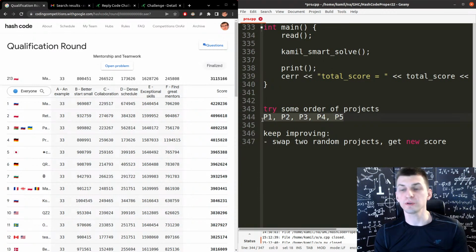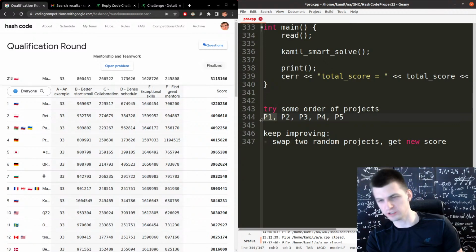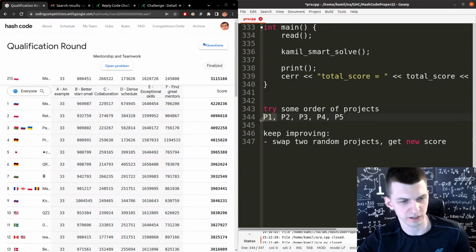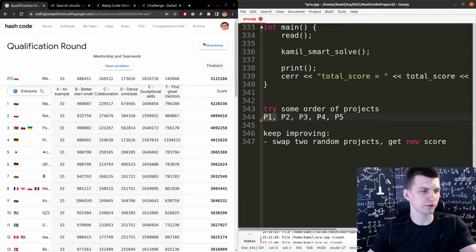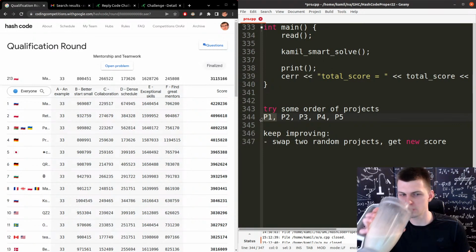And once the order of projects is fixed, by the way, we need to figure out some basic logic to know who should do these projects, and there will be a separate logic for that. The results are declared. I think the results we are looking at here on the left side of the monitor are final.